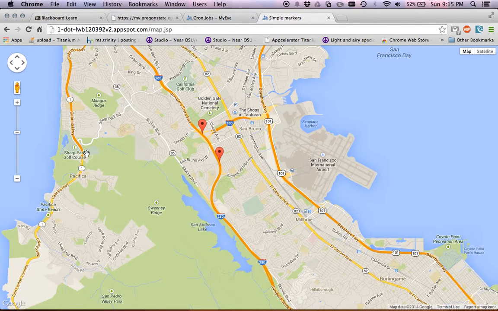But yeah, so I send coordinates from the mobile to the server. I display them with Google Map. I use a cron job to remove old points. I use a GPS on the mobile device, which you don't really have on a, I guess you could potentially have, but most computers don't have GPS. So